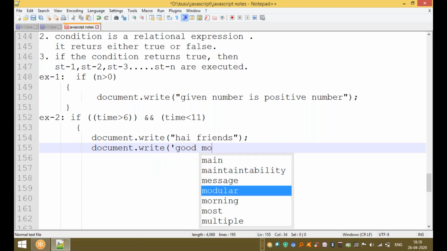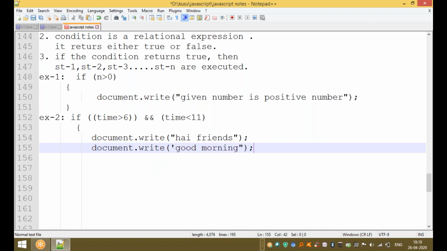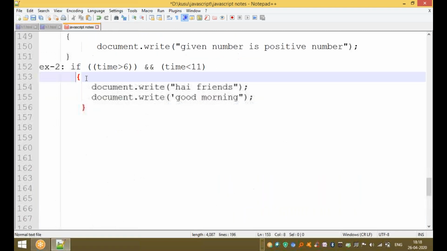Else has no option, only the true part. If you are writing one statement or more than one statement, these statements are written in curly braces, which are compulsory in JavaScript. The curly braces are necessary because they mark the beginning and the end of the if statement. JavaScript has no begin statement, no end statement, and no indentation rules.